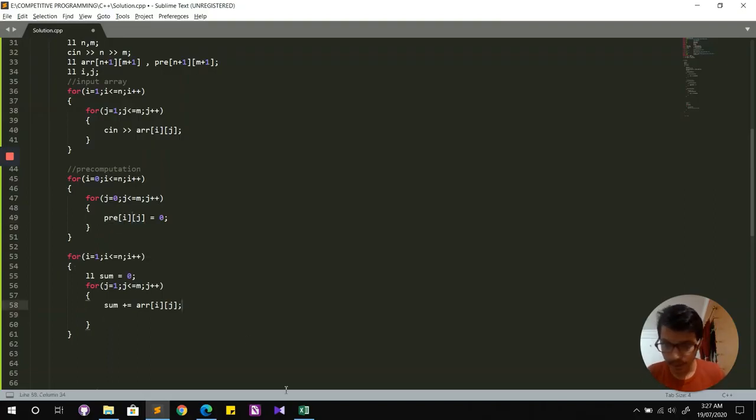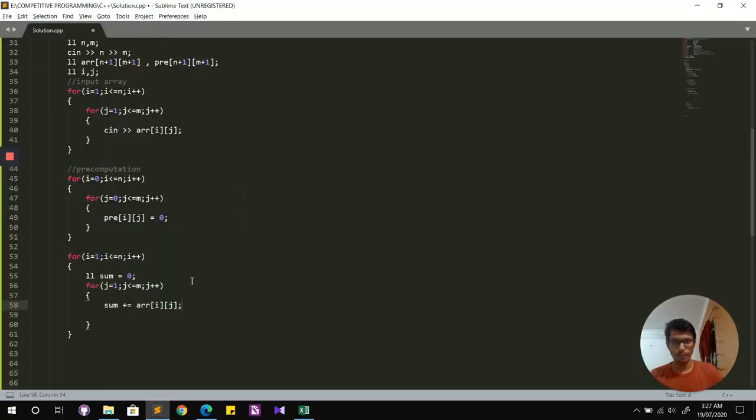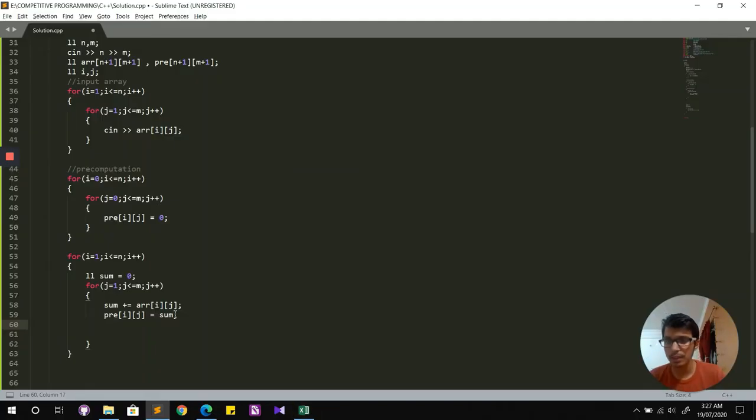As we discussed, if it's the first row, we store the prefix sum as it is, or else we store the prefix sum plus the value in the above cell. So pre of i j is going to be sum for sure, right? And we need to ensure that if we are in the second or higher row, then we need to add the value of the above cell.